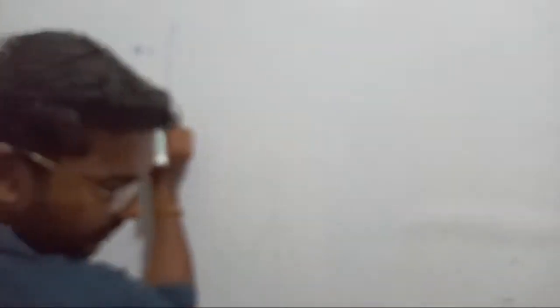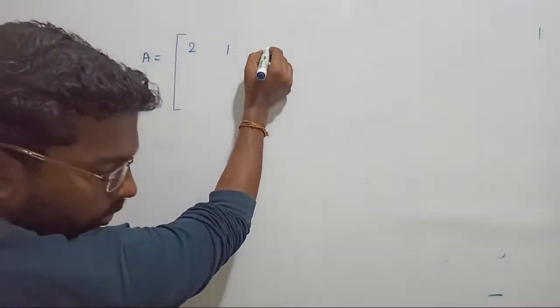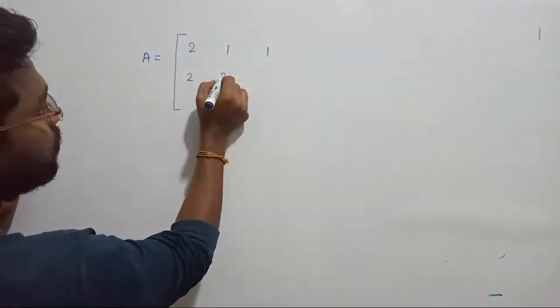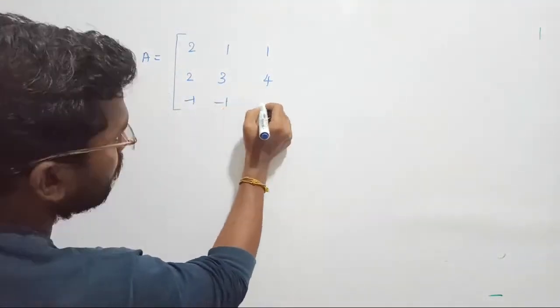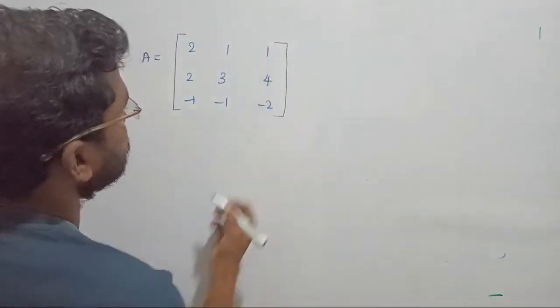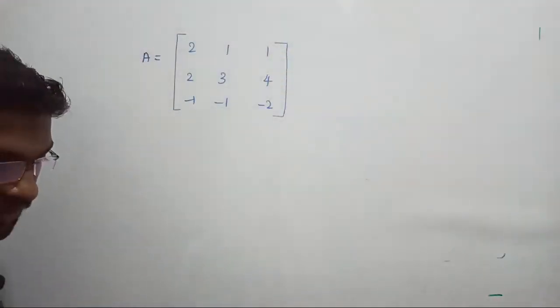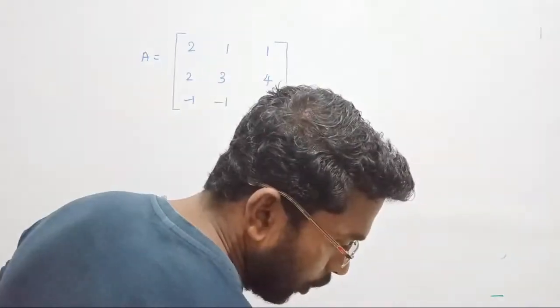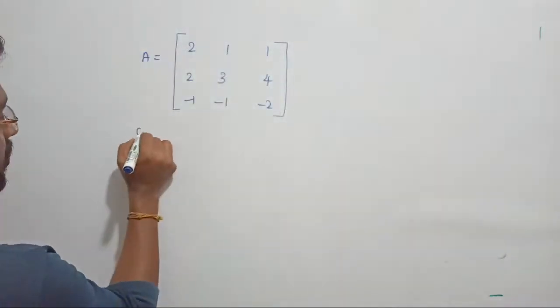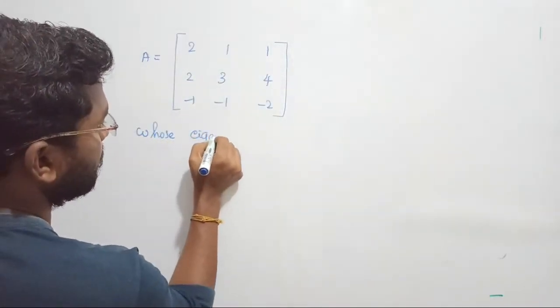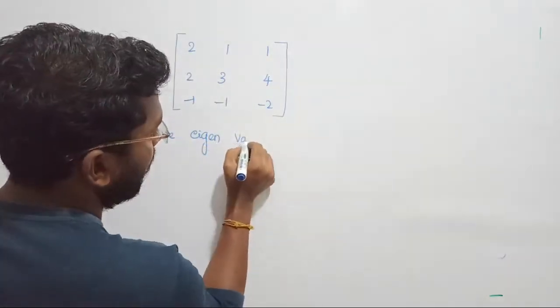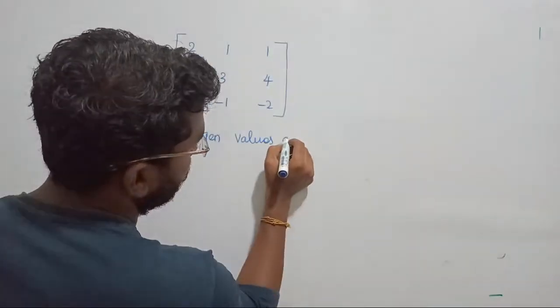Consider the matrix A, and the matrix A is defined as 2 1 1, 2 3 4, and minus 1 minus 2, right? Yes, that is matrix A that is given. Now the question is, this is a very good question, I am expecting the answer from your side: whose eigenvalues are